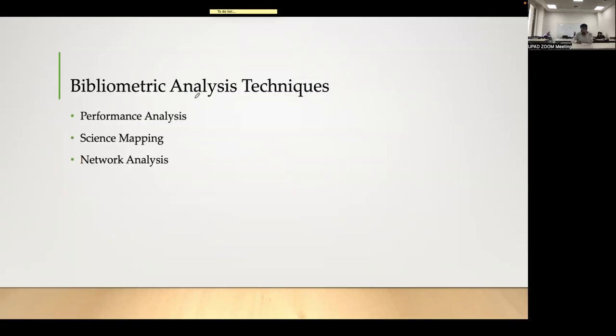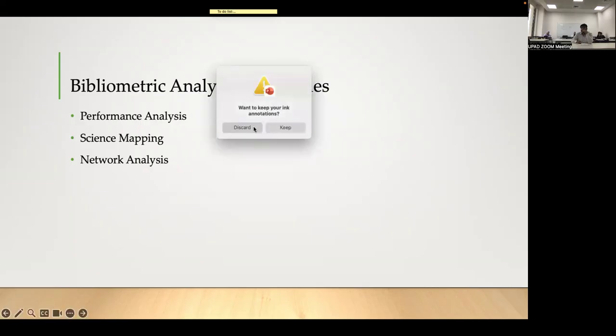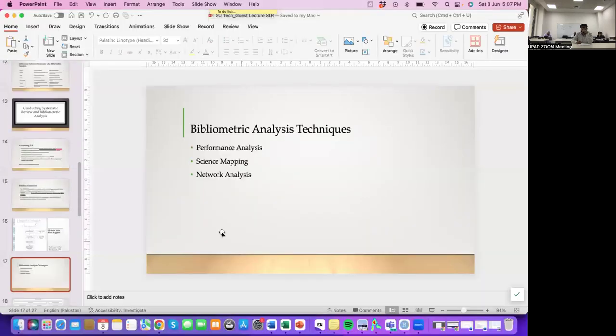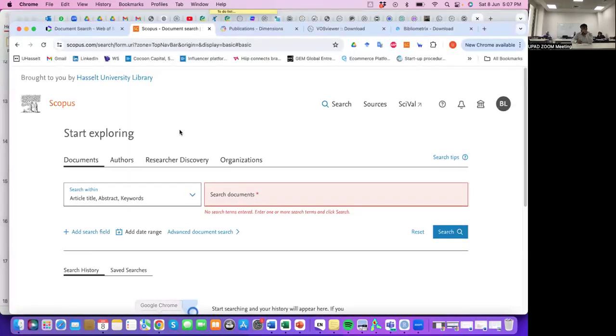So just so that we don't get bored, I will first do the searches and show you the Scopus index, then we'll come back and do the bibliometric analysis. First we'll see what the bibliometric analysis is, and then we'll move on to VOSviewer. So for example, you can see here,